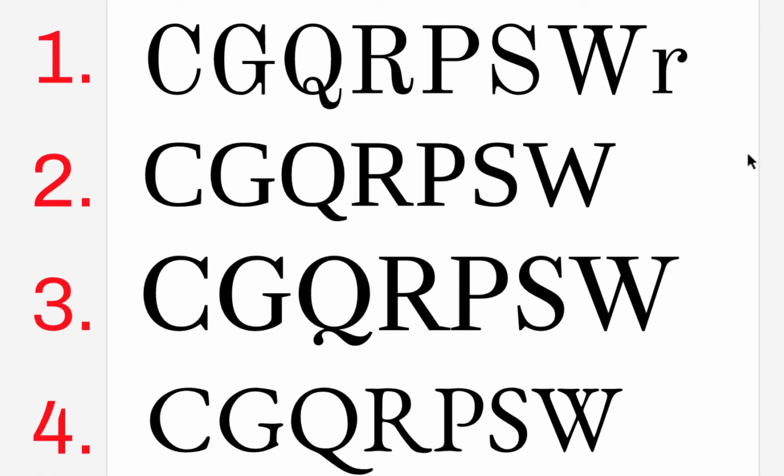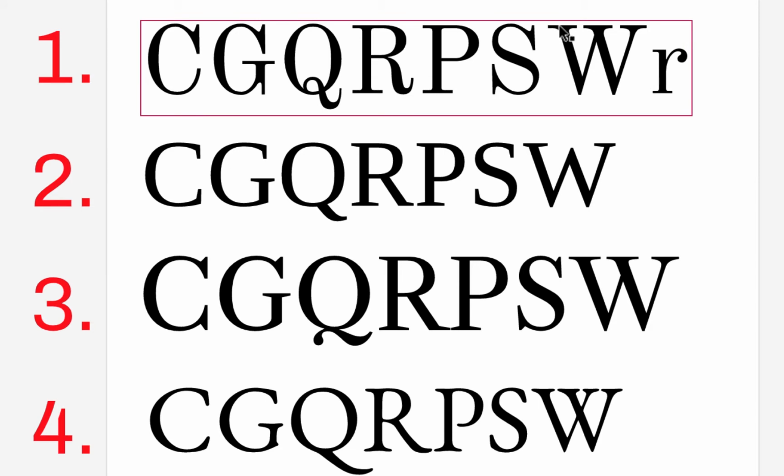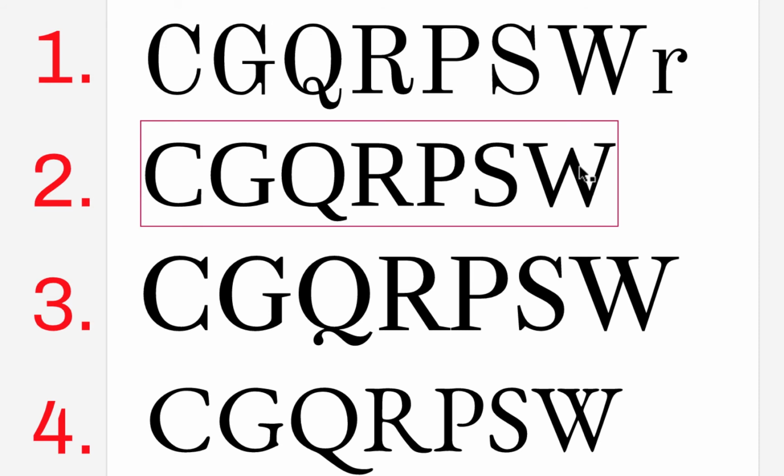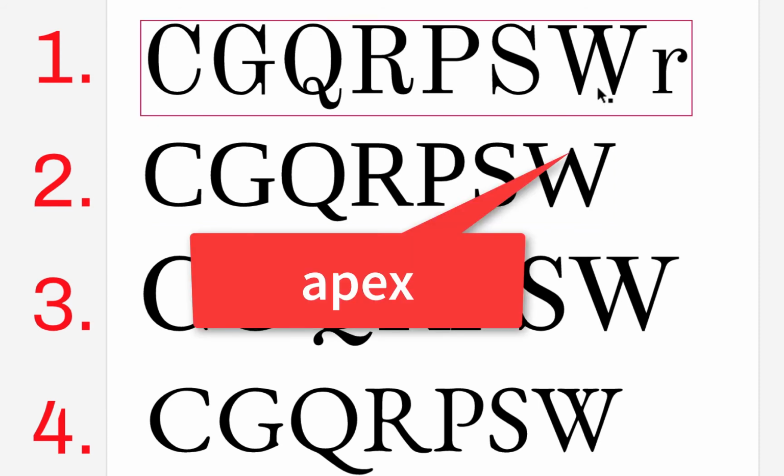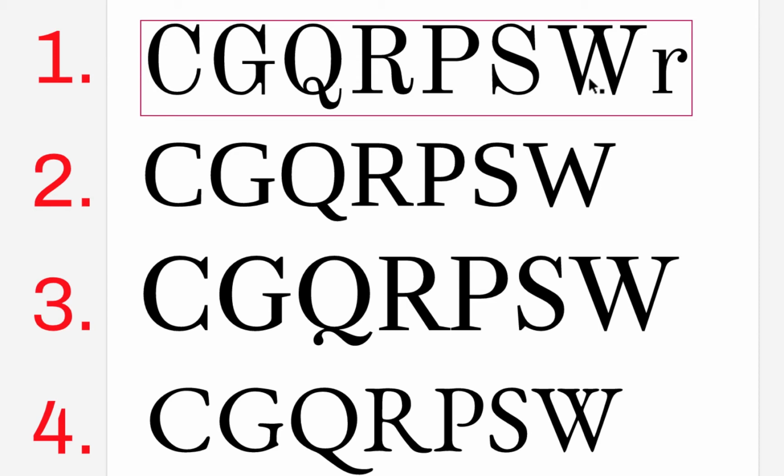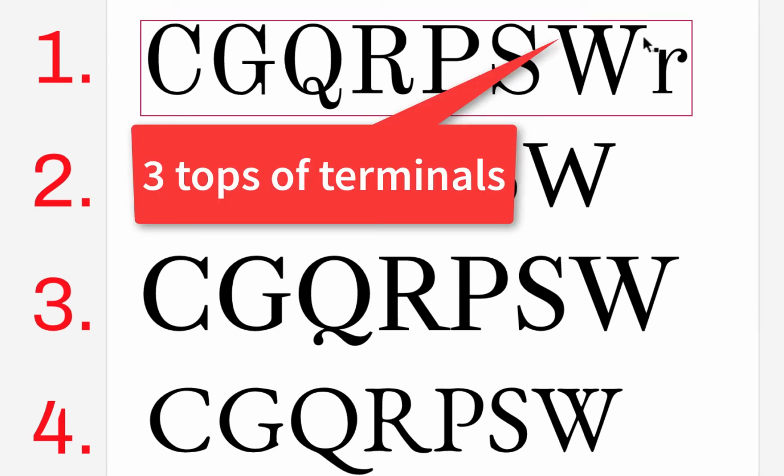And the W's, there's a big issue with W's, and you can see they're all different. Even if you didn't know any terms about the W's, what you could see is that this has 3 kind of, I guess this is the end of the stroke, so it would be 3 terminals. But this thing is really an apex. So where they meet is really an apex, but the way I've seen it described is they're kind of the tops of the terminals. So there's 3 tops of the terminals here, and I still call them serifs, even though technically